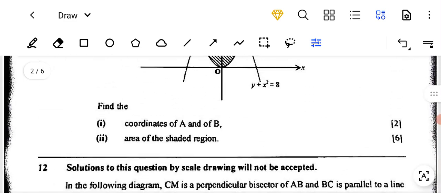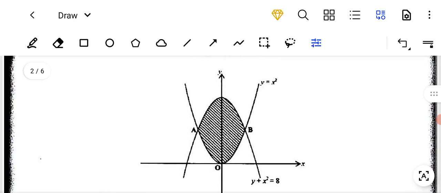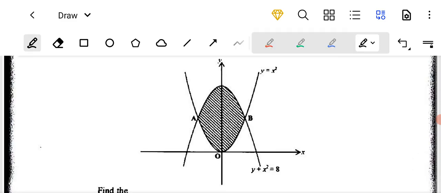Then the next one is the area of the shaded region. As you can see, this question is carrying 6 marks because it is quite involving. So what should you take into account? If you find the area under this curve, y plus x squared is equal to 8, it means you also find this part underneath there inclusive. So you need to subtract the area